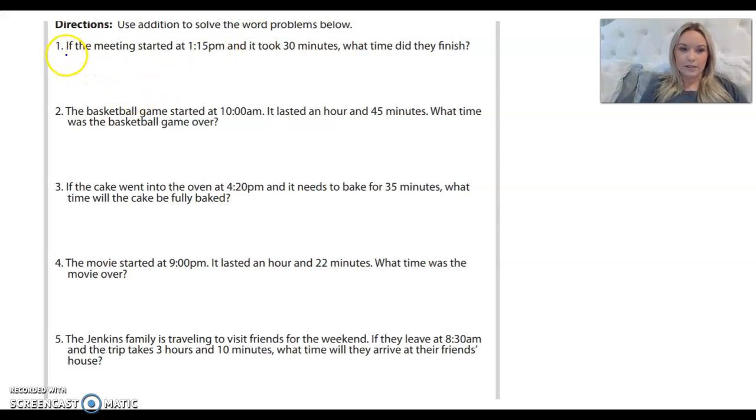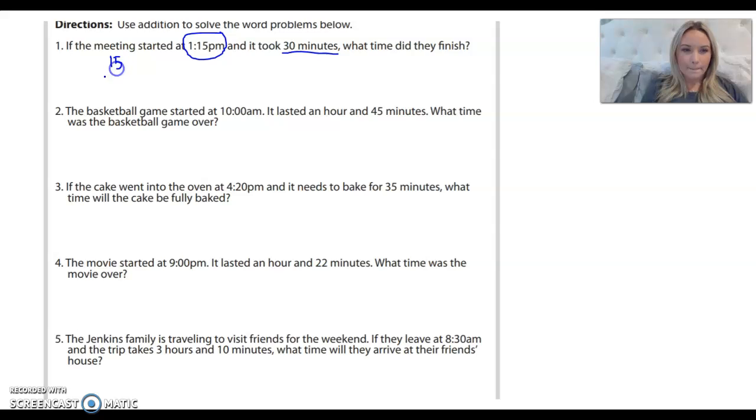So it says, if the meeting started at 1:15 p.m. and it took 30 minutes, what time did it finish? My first thought is to circle my starting time, 1:15, and then I'm going to underline the time that I'm having to add or figure out. So it started at 1:15, and I'm going to have to add 30 minutes to see what time it finished. One easy way to do this is add